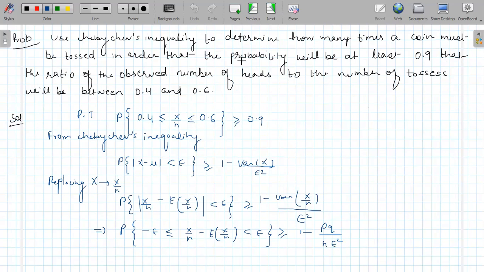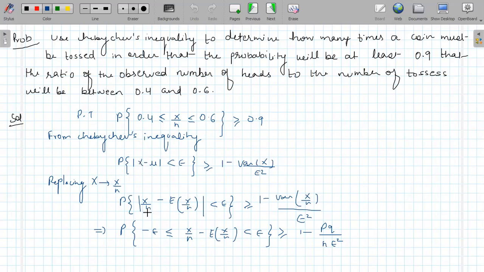एक coin को हम कितनी बार toss करें कि जो ratio है observed number of heads का to the total number of tosses, वो ratio 0.4 और 0.6 के बीच में lie करेगा, इसकी probability कम से कम 0.9 हमें मिल जाए। मतलब हमें ये prove करना है। अगर हमें ये given है तो n क्या होगा, तो Chebyshev inequality हम greater वाली use करेंगे क्योंकि हमें यहाँ greater वाला part चाहिए, तो ये greater वाला expression वाला inequality है।